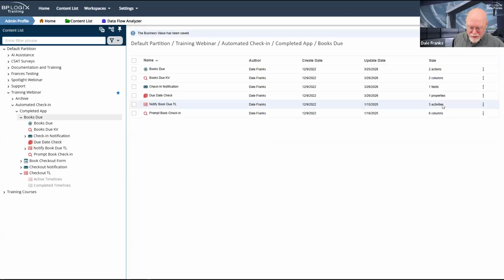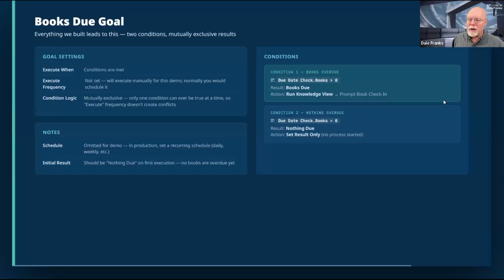And that brings us to the operation of the books due goal. So all of the items that we built so far, the previous 8 items, the only purpose they have is to make this books due goal work the way that we want it to.